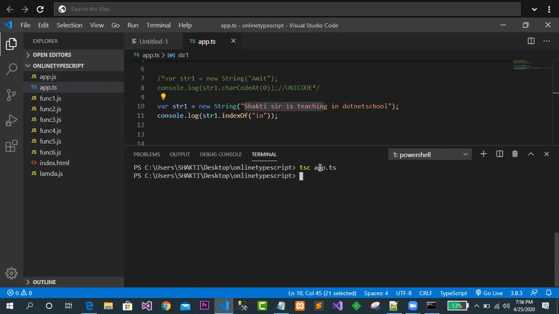Now let me run this, node app.js. So what are you getting, guys? 19. Is everyone clear why it is showing 19? Because in the notes it is already written: the first occurrence it will hold. All clear about it? Okay, I think everyone is clear.